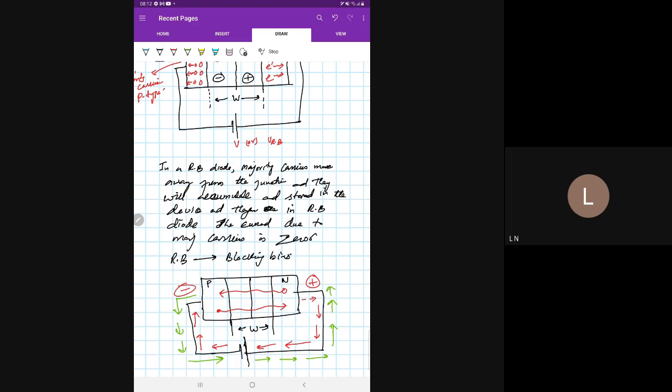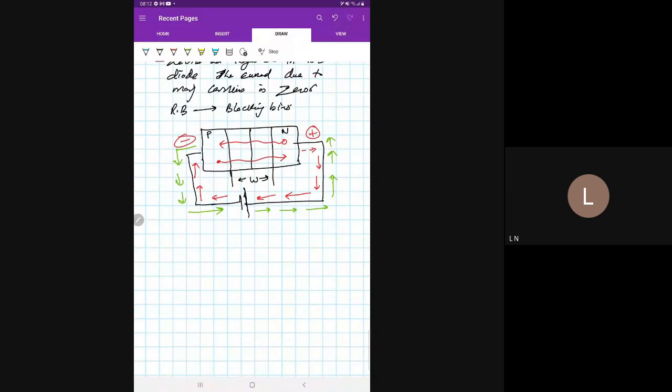Opposite to the flow of electrons. Okay. We can say then the reverse current is a drift current. Why is it a drift current? Despite having a higher, wider depletion region, it is under the influence of an external electric field, the minority carrier